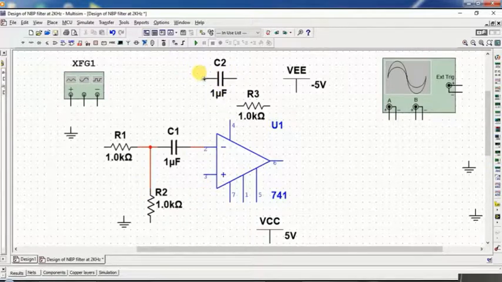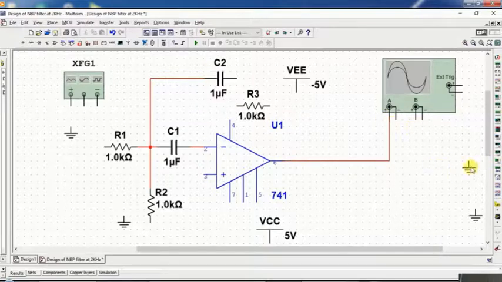And then here this is your capacitor C2. Connect this terminal like this, and this is your output pin of the op-amp. This is pin number 6, connected to the CRO, and the other terminal of this CRO is used for the ground. So you can also connect this terminal to the ground.